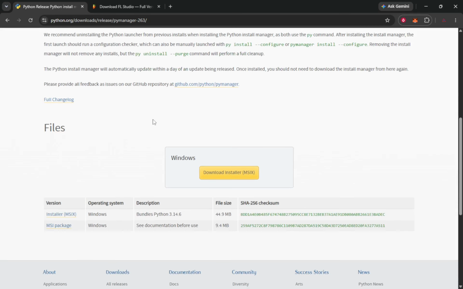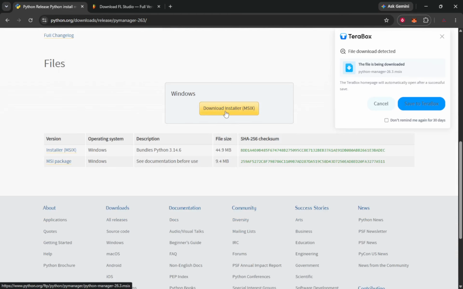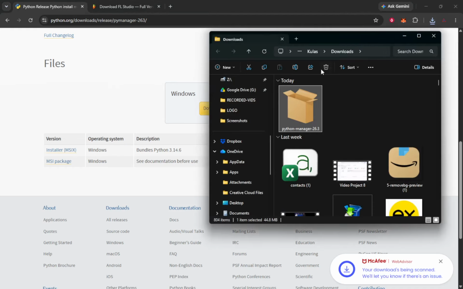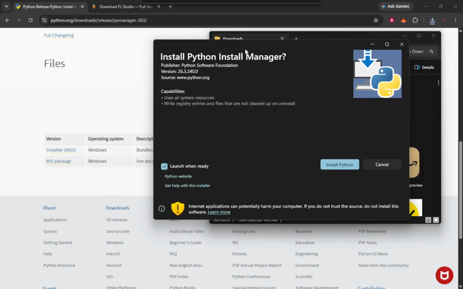After the download is complete, locate the downloaded file, usually found in your Downloads folder. Open the downloaded file and click Install Now. This action initiates the installation process. If a dialog box appears with an option to add Python to path, make sure it is enabled before continuing. This step is vital because it allows you to run Python commands from any command line interface, making your coding experience much smoother. Wait for the installation to finish, then click Close.